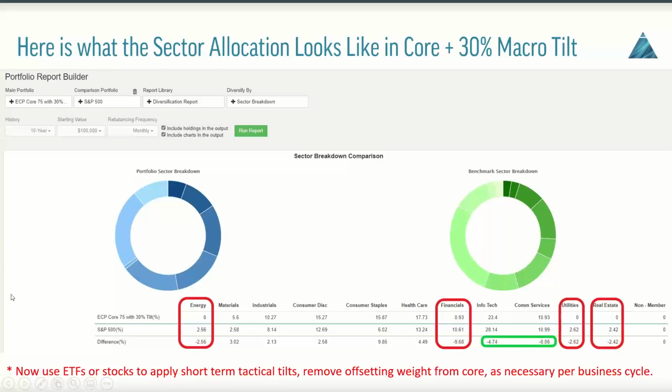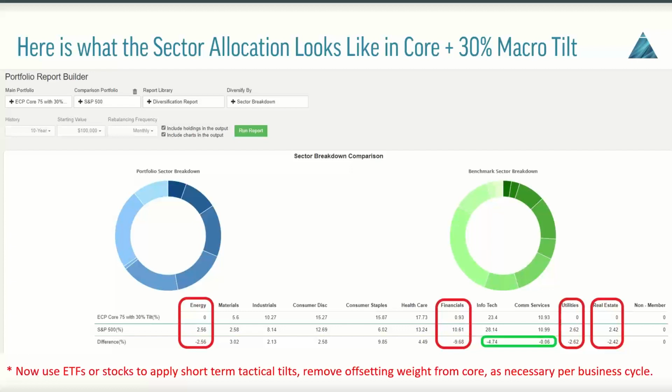However, keep in mind that as you're using ETFs or stocks to apply the short-term tactical tilts to get exposure to energy, financials, utilities, and real estate, you're going to remove those offsetting weights from Core, and you may end up adding a little bit of tech naturally there. So again, they're not steadfast, hard guidelines. They're just general guidelines. Start out with a 70% ECP, go to a 30% macro tilt,